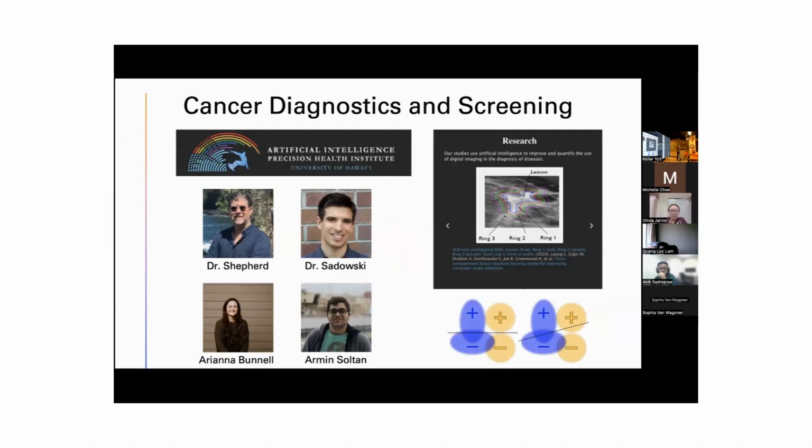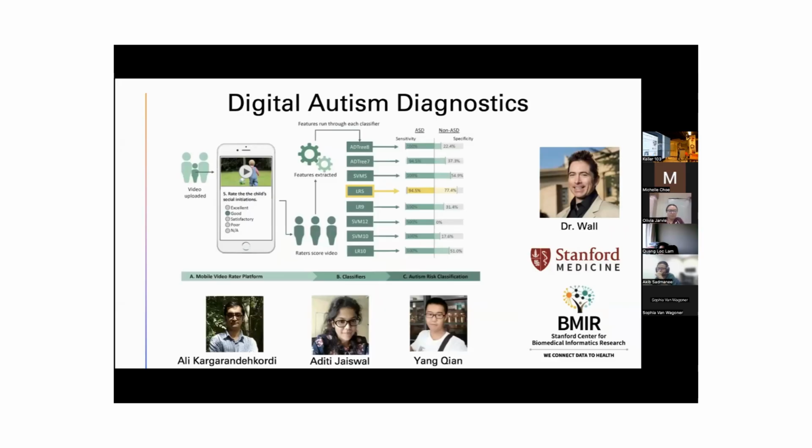I've been working with Dr. Shepherd at the AI PHI Institute on breast cancer, and we're starting to put together a few grants on fairness. I think I talked about this a little bit before, but fair AI on breast cancer data. We're collaborating with my old PI on some more autism-related projects where we're trying to predict autism using a combination of crowdsourcing and machine learning together. I think y'all have seen me give that talk many times, so more of that stuff.